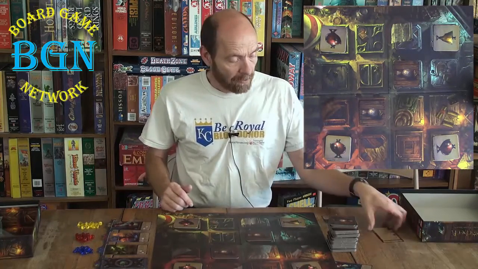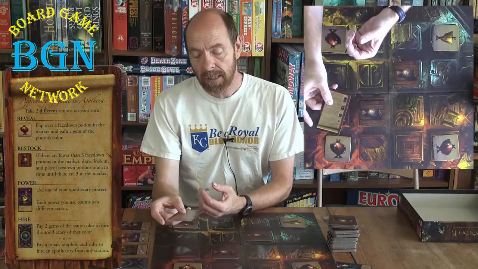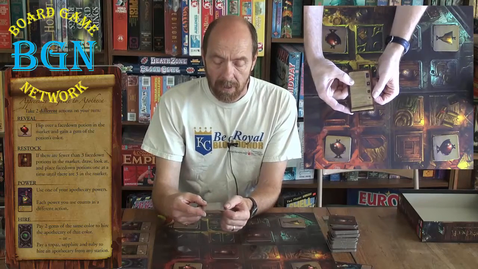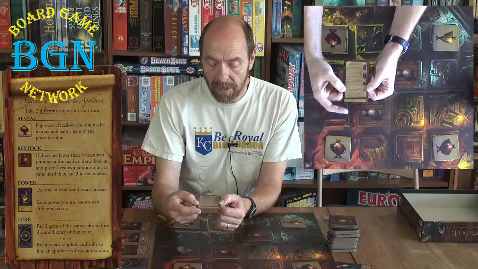And the 2 actions have to be different. You have a reference card here. It gives you your choices of the 4 actions you can take. It's got reveal, restock, power, and hire. It explains what the actions are on this card. Very simple. The reveal action is you flip over a face down potion in the market and gain a gem